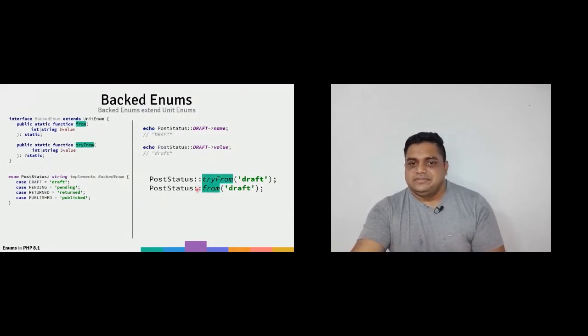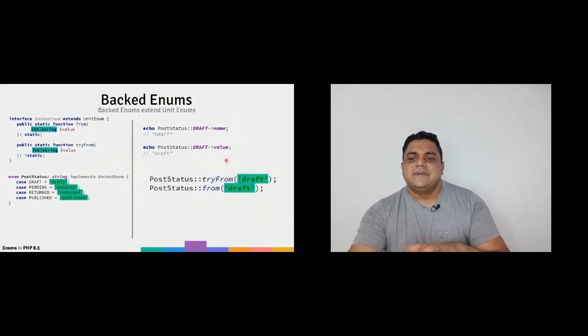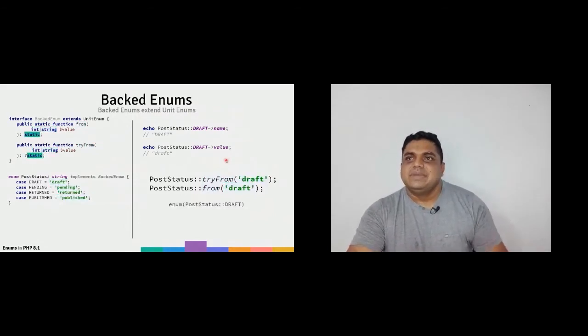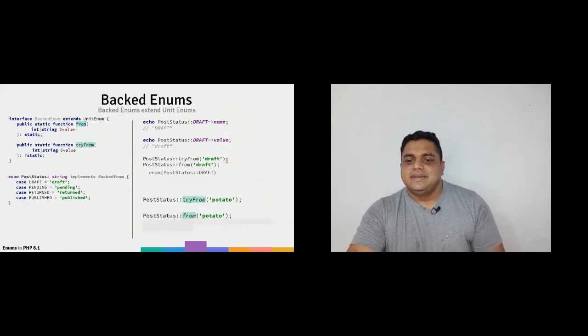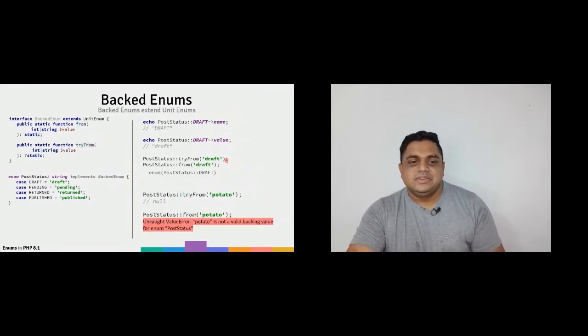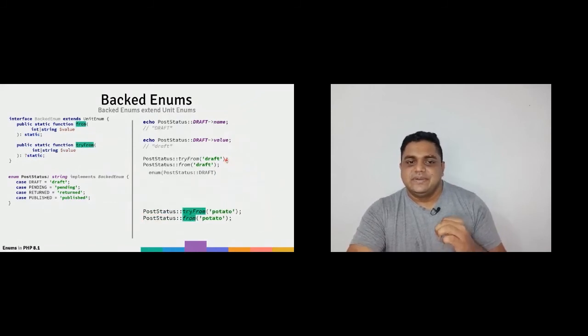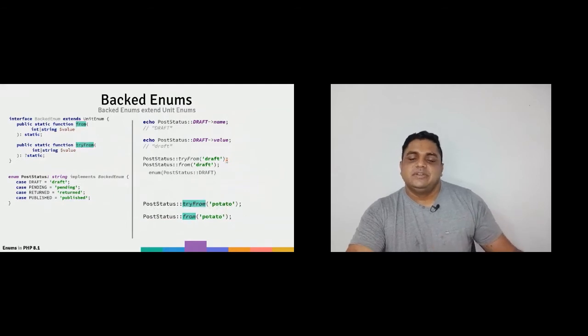Here, tryFrom and from, this is a valid one, this is declared, so this is fine. Both of these methods will return the enum back, the object back from these functions. But the difference is with the tryFrom function, you will return null if there's no such enum.